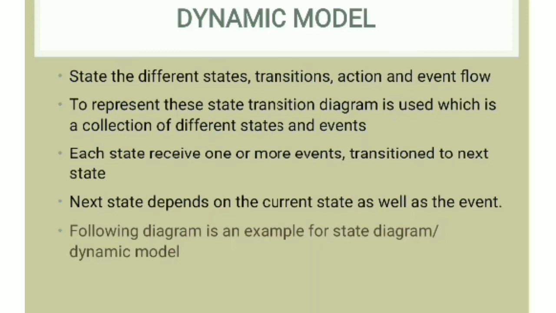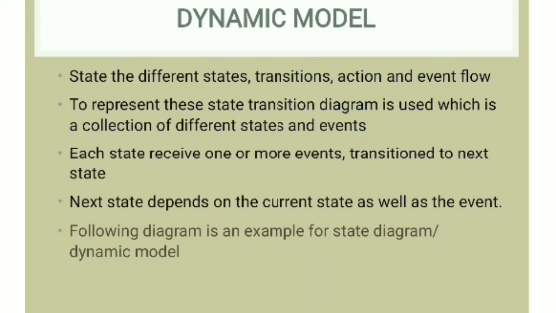Suppose there are two states. For example, I am in third year class. The second state is B, that is last year class. So these are the two states, T and B. The transition from T to B is possible only when the pass event occurs. So if a student passes, only then can he transit from third year to final year. So likewise, the next state depends on the current state as well as the event that occurs, right?